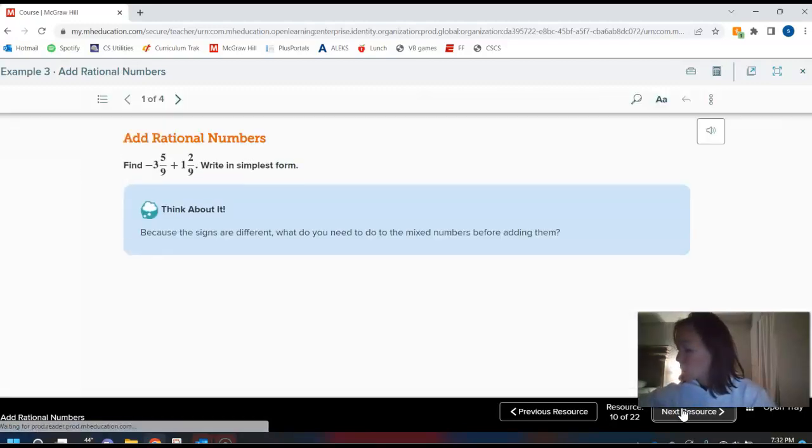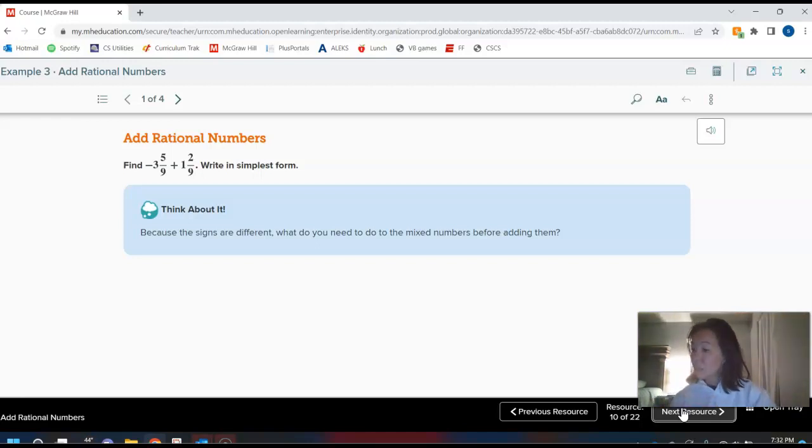So you can go to page 188, and we're just going to look at a few examples of adding rational numbers. So we'll start with fractions and mixed numbers. With mixed numbers, there's a few ways you can do this. We could actually add,